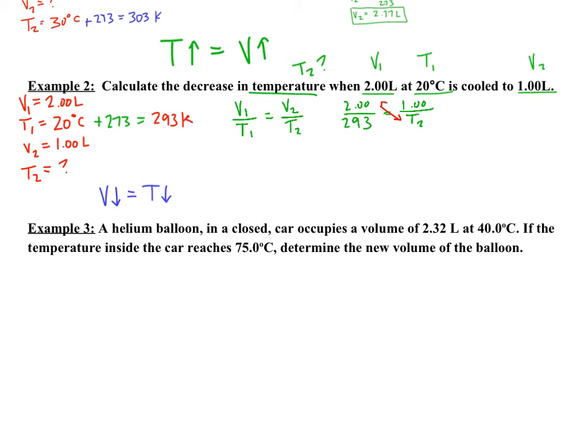So now I've got a proportion on the left, proportion on the right, I'm going to cross multiply. So 2 times T2 is just 2 T2 equals, now let's cross multiply on the right, 293 times 1. So on the right I've got 293 times 1, which is simply just 293. And on the left I've still got 2 times T2. So now to get T2 by itself, I've got to divide 2 to the other side. So 293 divided by 2